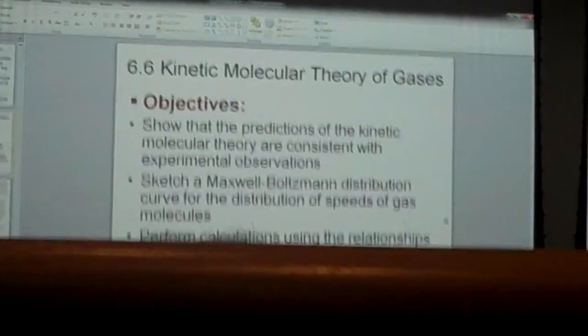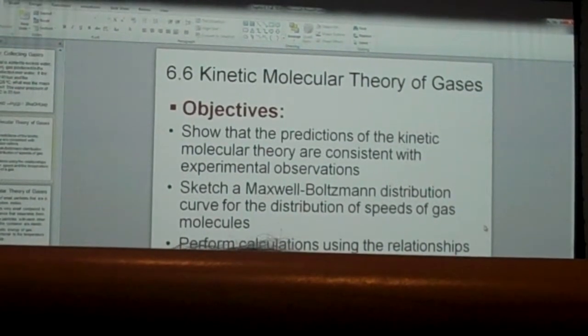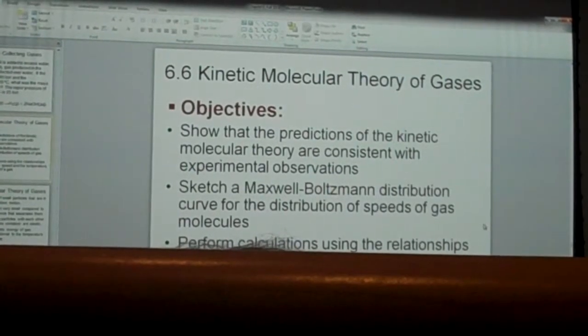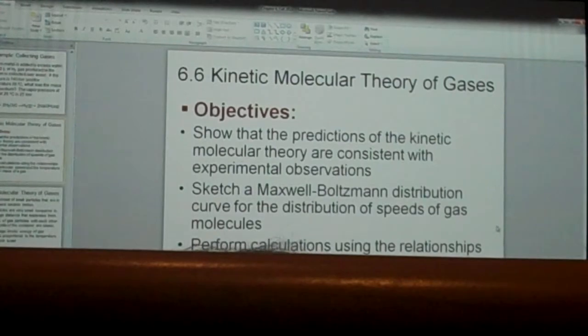The last couple of things we're going to talk about, since this chapter is dealing with gases, is kinetic molecular theory of gases. Gases are actually quite interesting if you think about it. They really are. A gas particle, where does it get its energy from? How does it do the things that it does? For instance,